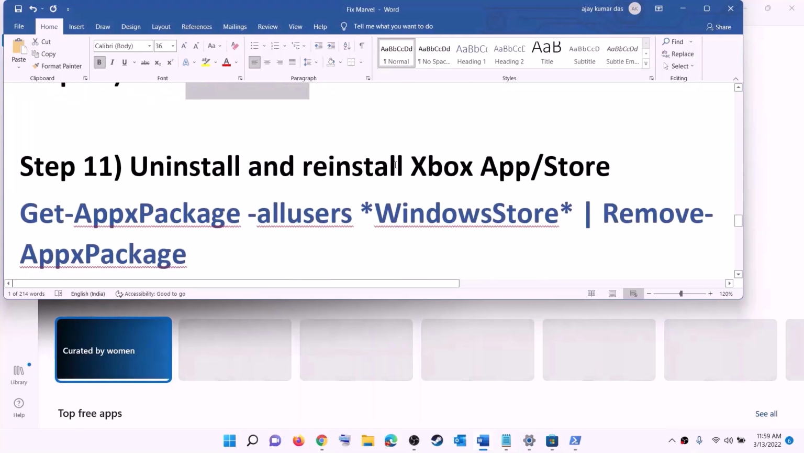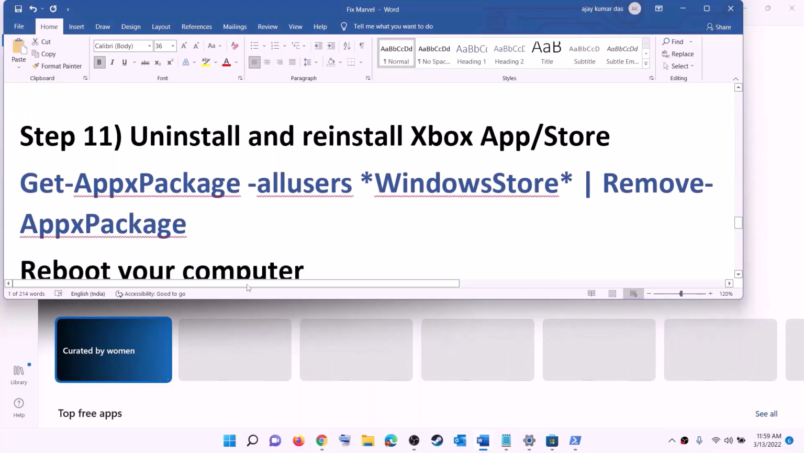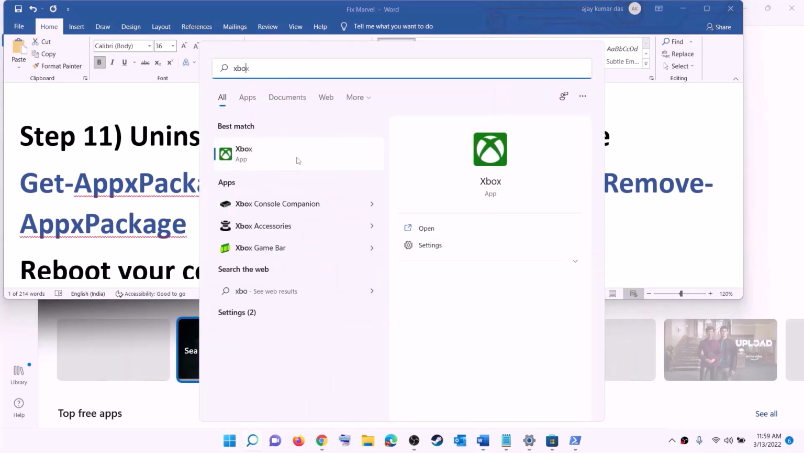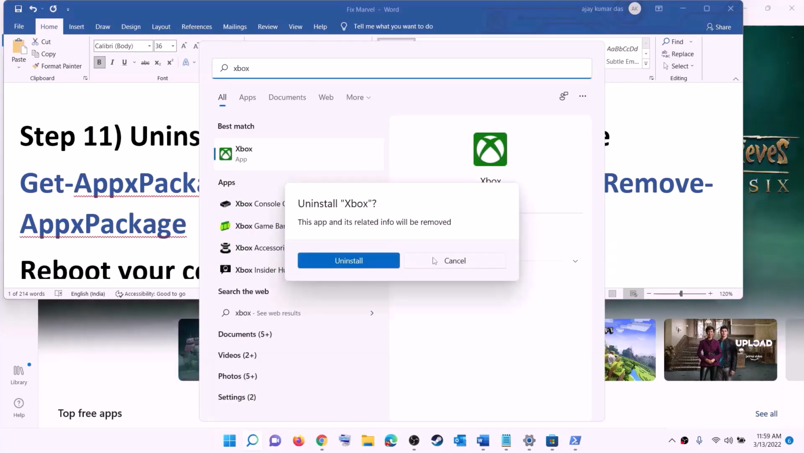Now the next step is to uninstall and reinstall the Xbox app and Microsoft Store. So for this, type in Xbox app in the Windows search box, make a right click on Xbox app, then click on uninstall. And then again, click on uninstall. And after the uninstall,